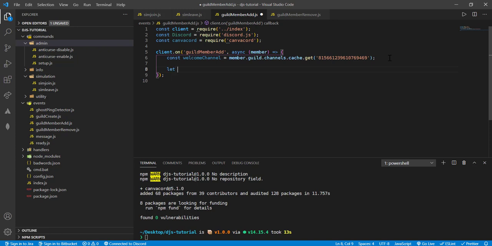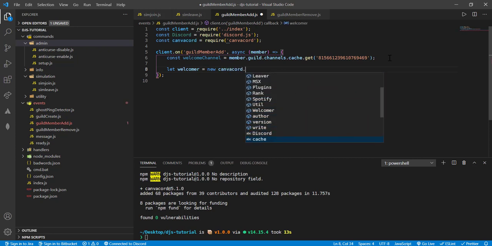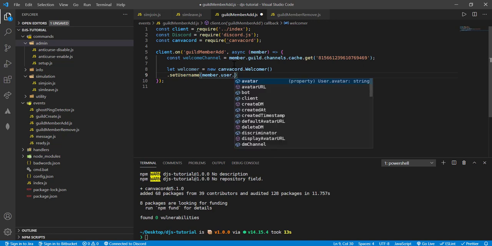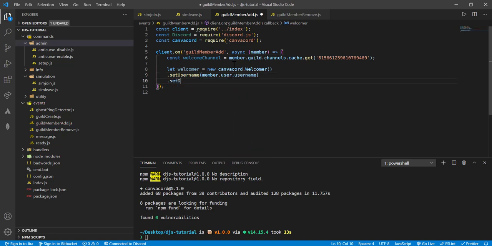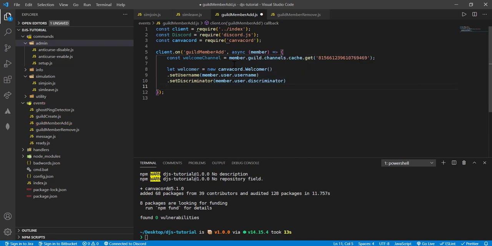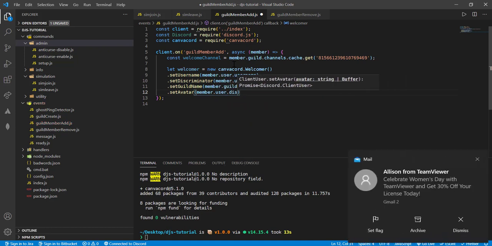I'll be using, let's call it welcomer. let welcomer = new Canvacord. As you can see here, there's a lot, and we'll be using Welcomer. I'll be setting username, so setUsername, and then since right here we are getting it from member, it will be member.user.username, and then I'll be setting the discriminator, member.user.discriminator, and then setGuildName, member.guild.name, and then setAvatar, member.user.displayAvatarURL